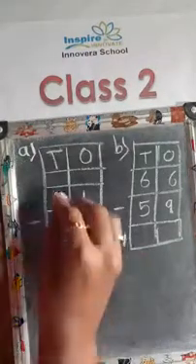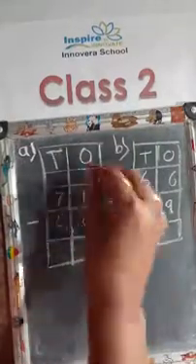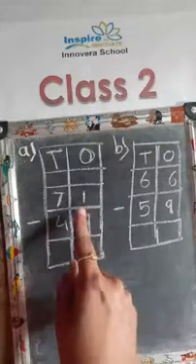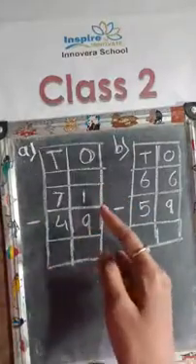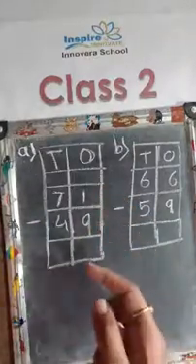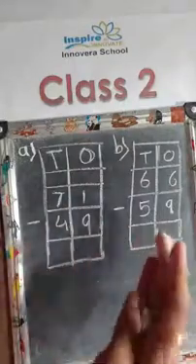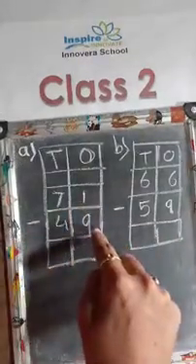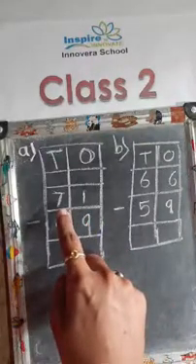Now, here is a number 71 minus 49. Same way, we are going to do it here. We cannot subtract 9 from 1. So, we have to borrow 1 from the tens column. First of all, you have to see what is there in the ones column. Always you have to start from the ones column, right to the left. So 1 minus 9. Can we do this? No. So we have to borrow 1 from the tens column.